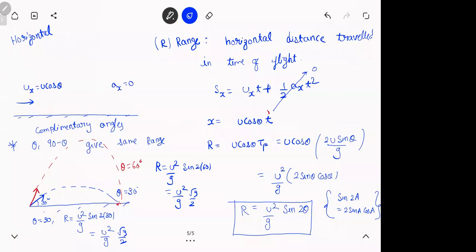Everyone has to remember the values from 0 to 180 degrees for sin, cos, tan, जो table दिया था trigonometry में. You need to mug up sin 0, 30, 45, 37, 53, 90, 120, 150, 135, 180. Sin, cos, tan values for all these should be remembered. So if you throw a particle with the same speed, 30, 60 will give you the same range. So anything, theta, 90 minus theta will give the same range. For example, 70, 20, 80, 10, 60, 30, 50, 40, and so on. I'll show that on the next page.